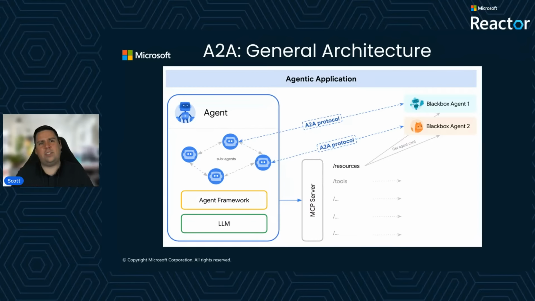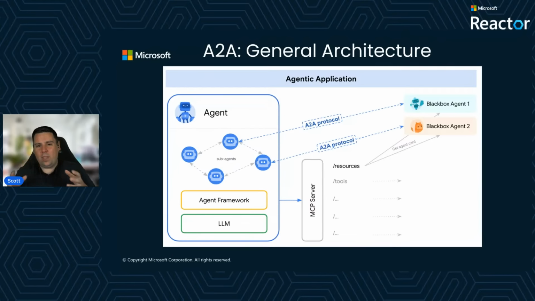And A2A gives us the ability to expose what an agent can provide to another agent, allow that agent to then consume it, and interact between those two agents. My favorite part about this is there are specifications for streaming, for long-lived executions, which is what we really need in a modern agentic world. But more importantly, because Microsoft Agent Framework in particular has A2A available as both client and server, without writing more than a couple of lines of code, you can actually wrap your agents in A2A and also consume external A2A agents very easily, in the same way you'd define a normal agent.